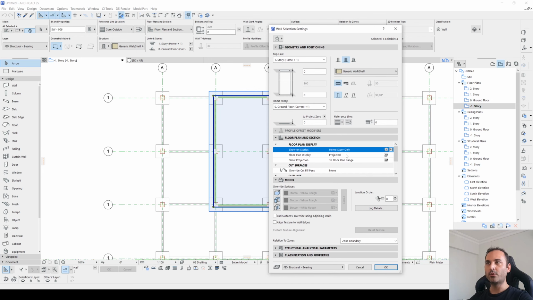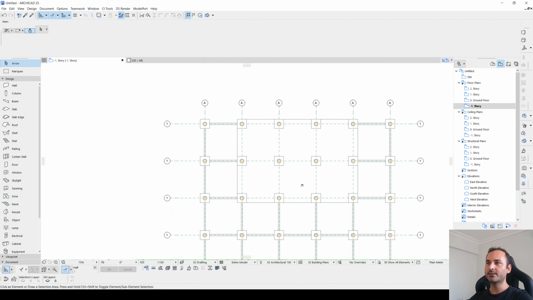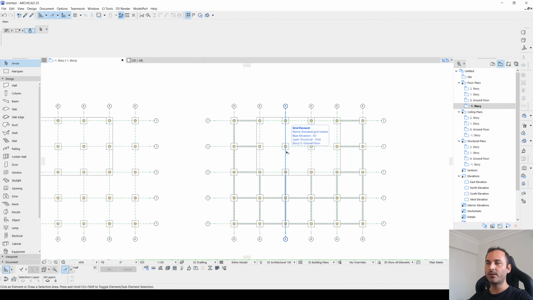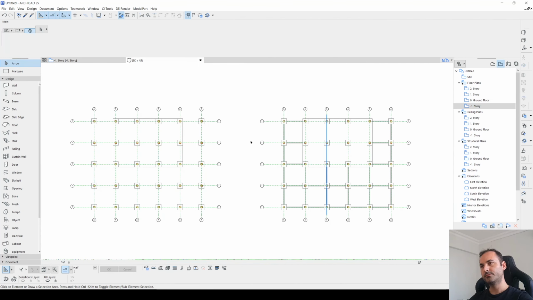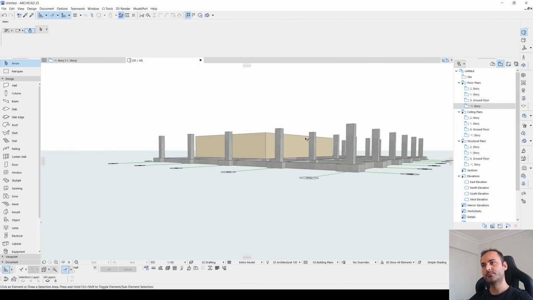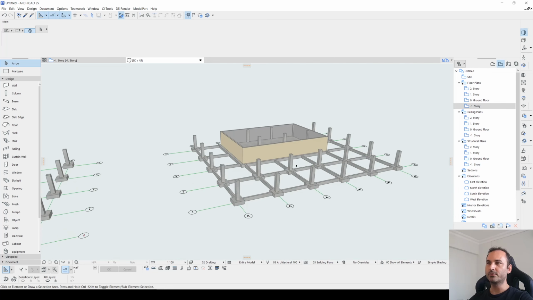I want to see them only on the home story. Let's click OK. And now it looks correct. And with that roadmap, we can shape them any way we want. This is our 3D visibility also.